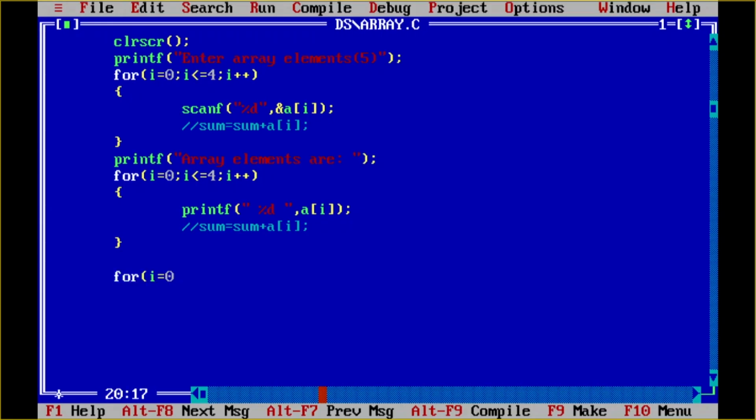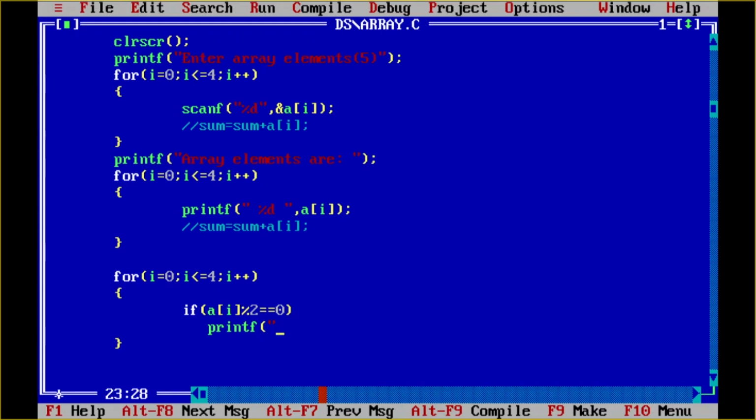So for I equal to 0, I less than or equal to 4, and I plus plus. Now here in this for loop, I have to check if the first number, that is a of I, is even. For that purpose, mod 2, and that result is equal to 0. If it is like that, then that particular number is